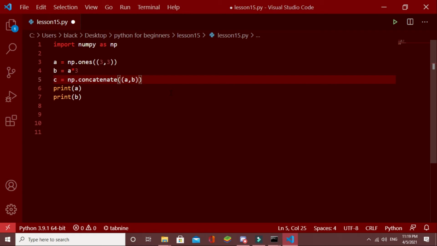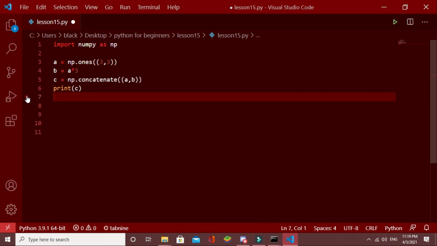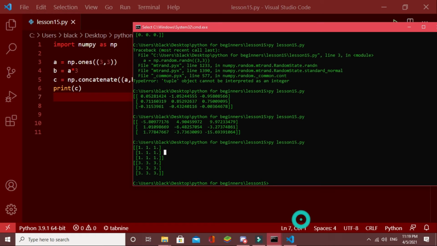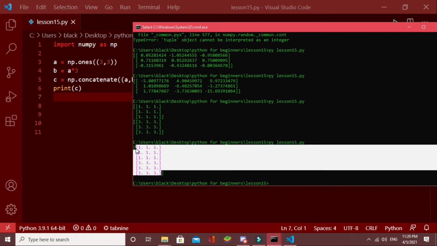Let's see what will be our output. Here I give C. As you can see, these 1's and 3's are concatenated together, and it gives us one full matrix.